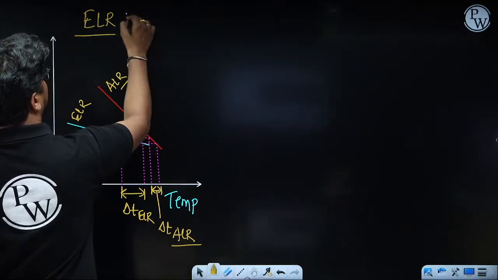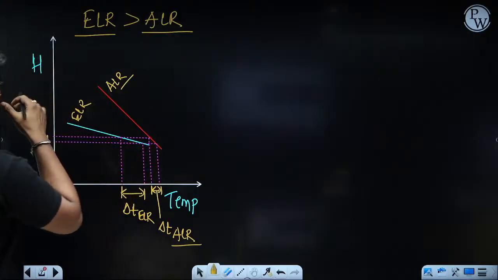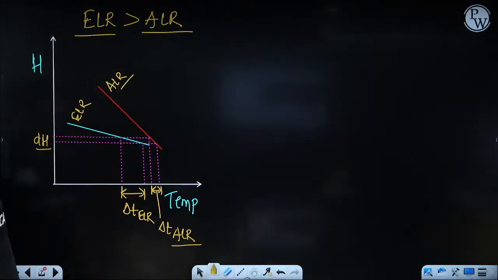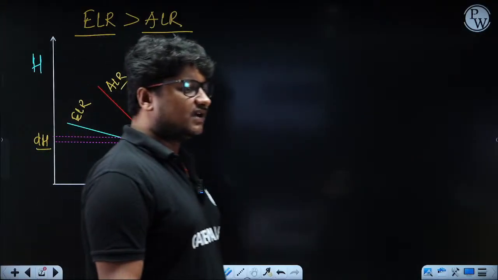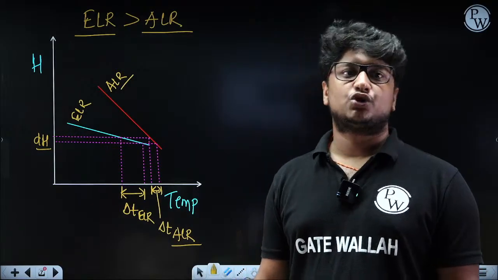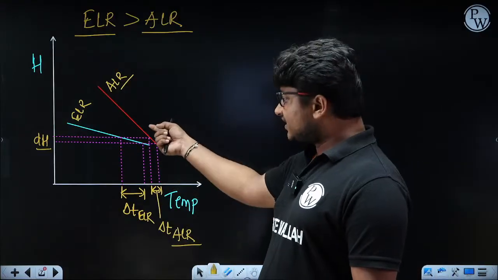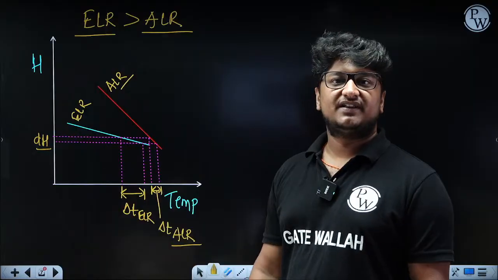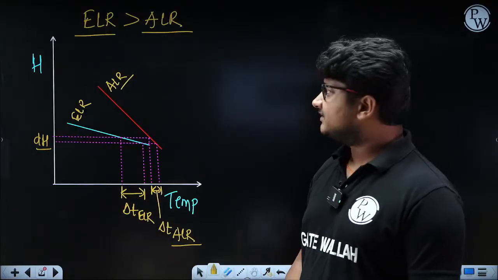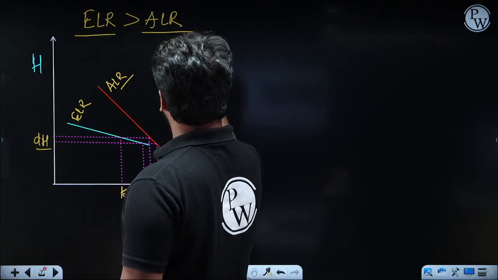See, every time this value ELR is greater than ALR, you have to identify it only with the slope of the ELR line and the ALR line. Whichever line will have a lesser slope, the value for that line will be more. Simple. Like for this case, as you can see here, slope of